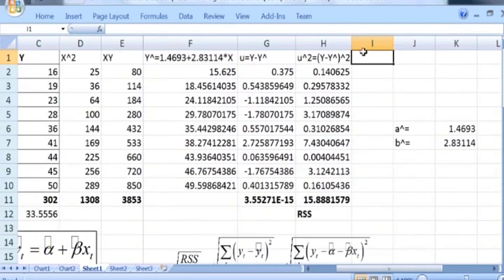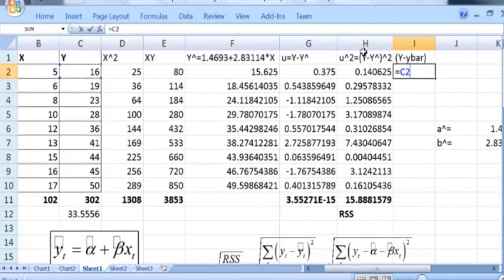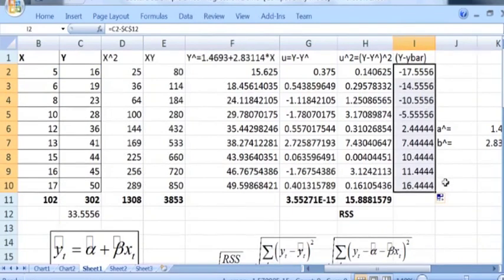So once we have the value of y bar, we can calculate y minus y bar. Here in this cell I am going to calculate y minus y bar. Just put an equal sign. Here is the value of y in C2 minus y bar, which is in C12. Since we have to subtract y bar from each of the y values, just put the dollar signs, press enter, and now copy it down throughout. So this is y minus y bar. I am just converting it to capital Y bar.